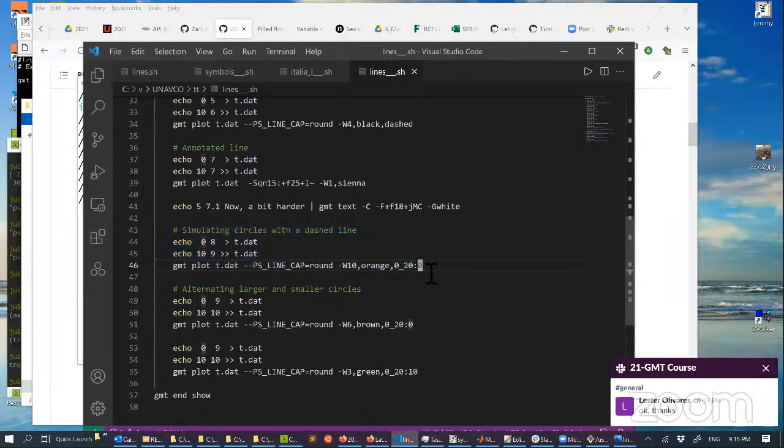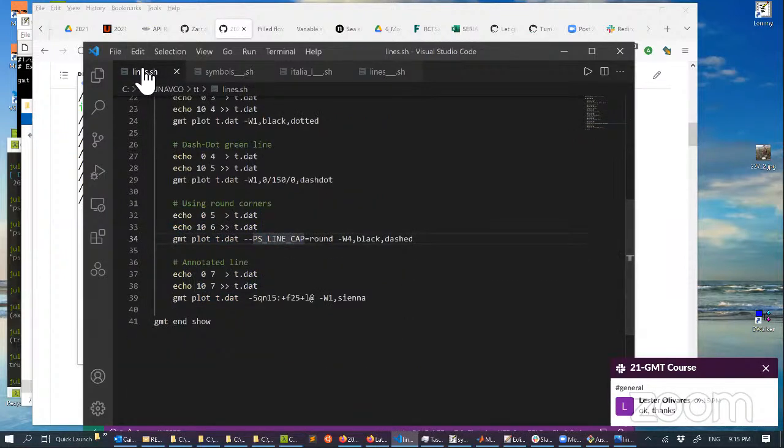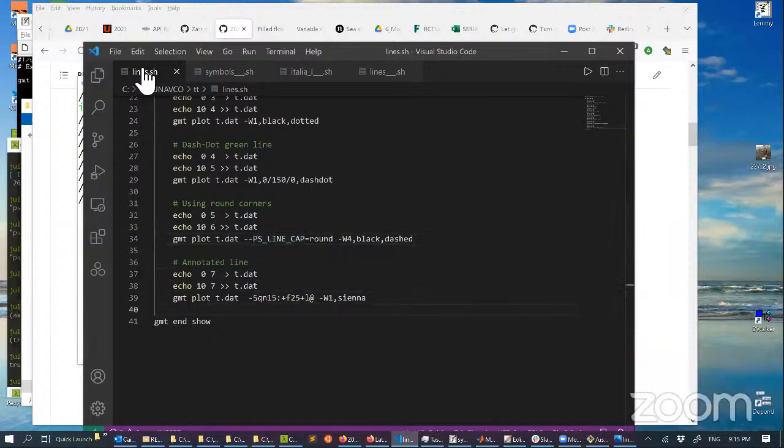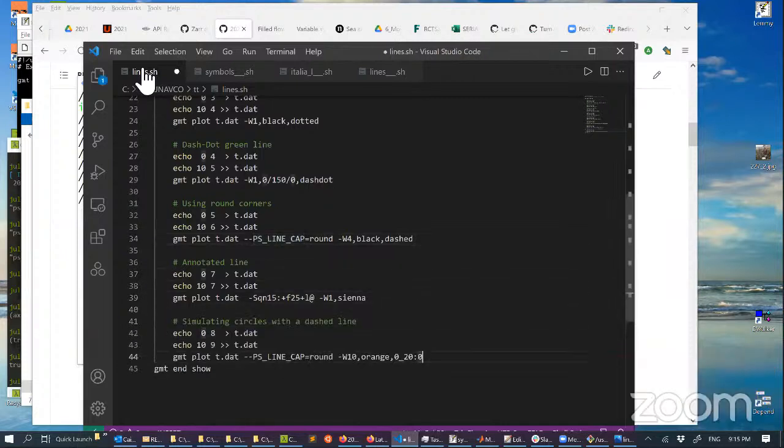This next example will use the line cap round, and because it's drawing a line that is quite thick, 10 points of thickness, and it will be orange, and separated by a gap of 20. Remember, we are drawing a line, but what we see